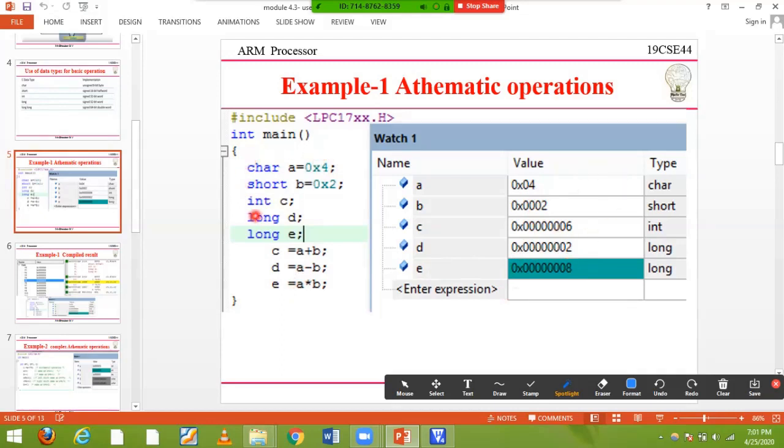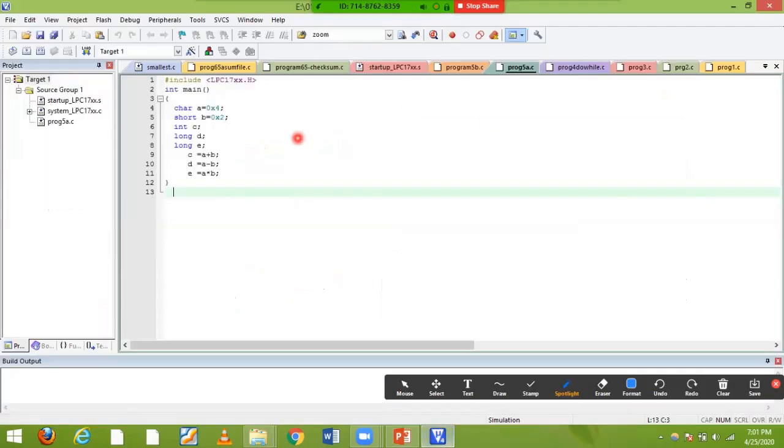This is my C program. My intention is to show how the Keil software converts a particular C program into its assembly code. Let's see that. To do this, I'm going to type the program. Up to here I explained that: you just need to take a character, short and so on. Once you type the program, just save and build the target. Once you build the target, you will get 0 errors. Neglect the warnings, not bothered, just check that there are 0 errors.